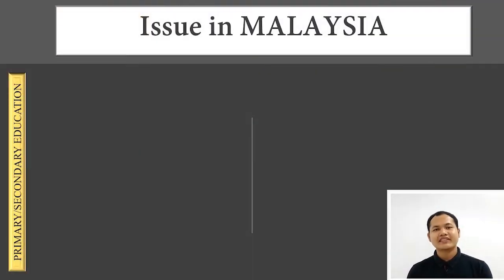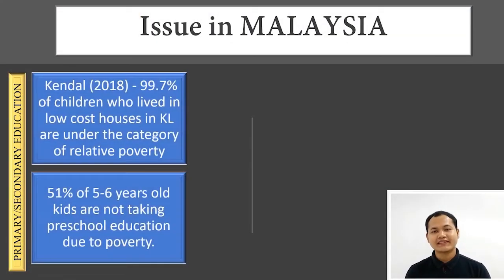According to research by Kendall in 2018, 99.7% of children who live in low-cost houses in Kuala Lumpur are under the category of relative poverty. We can see that in the capital city of Malaysia, there is a huge number of people living in poverty, and from that number, about half of 5 to 6 year old kids are not taking preschool